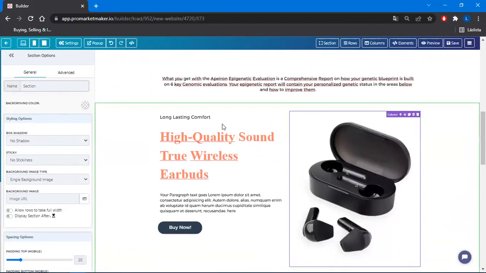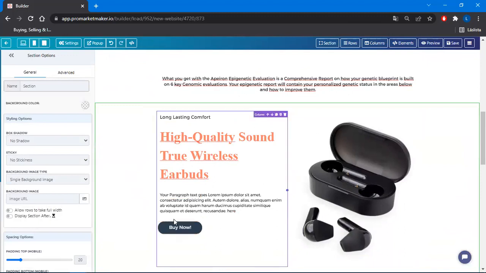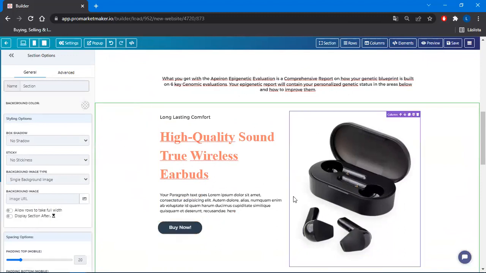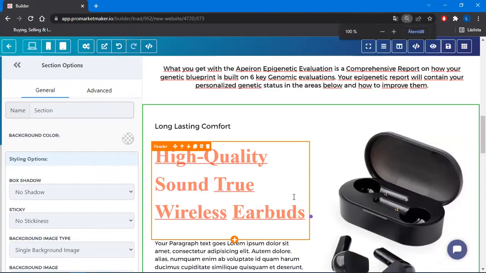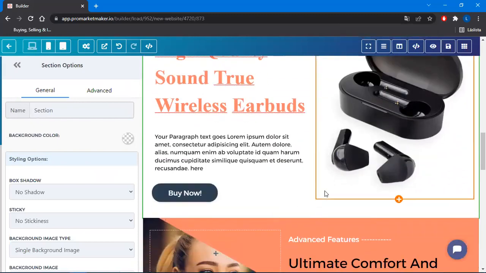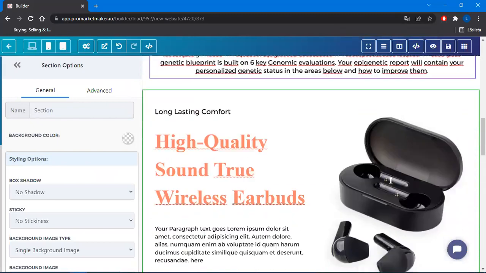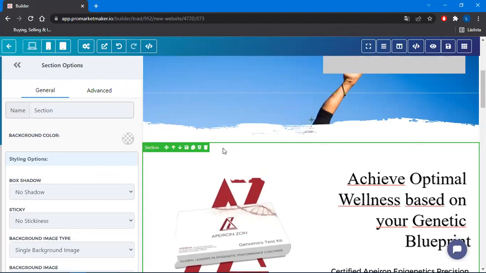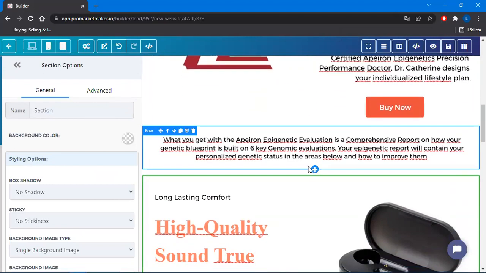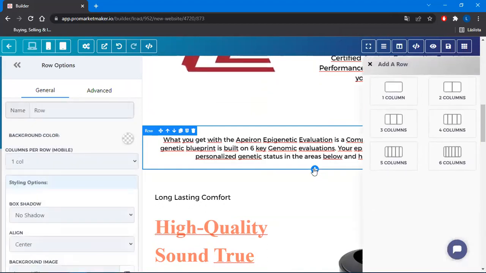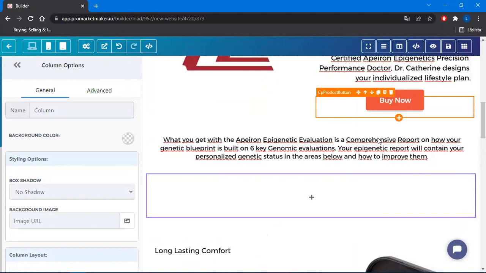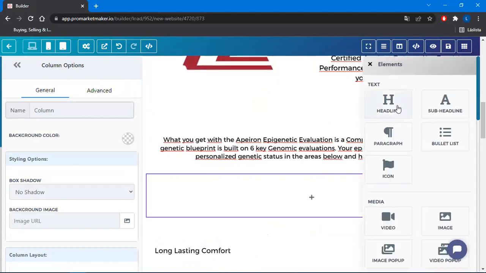Like so. So now this one we will use later for the second product. It's inside another section. And here we have a clean section only with 1 product. So we'll add a new row in where we're gonna have 1 column, 1 element,